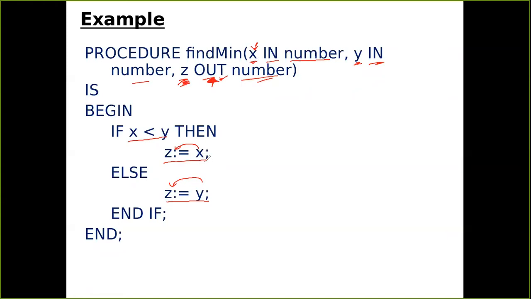In this case, you can read the values of X and Y, but you cannot change the values of X and Y. So here I am passing the value X to Z, or the value Y to Z, depending on the condition. This Z value will be automatically passed to the calling program, which is calling the find min method. So this is a small program that returns the minimum of the two values X and Y passed to it, and by accessing the variable Z, you can find out which value is the minimum. So this is how it works.